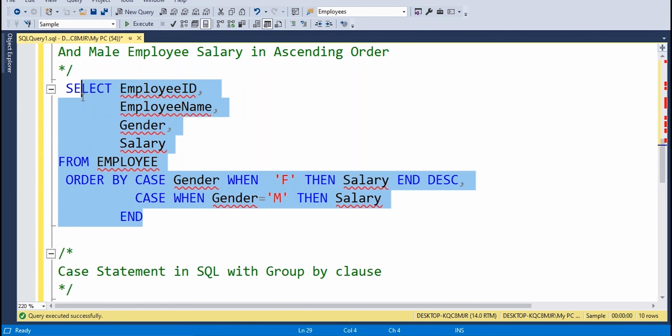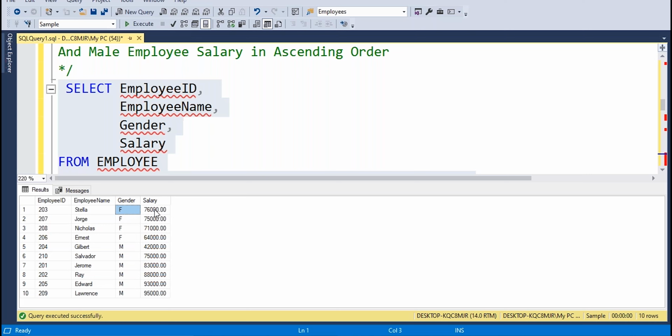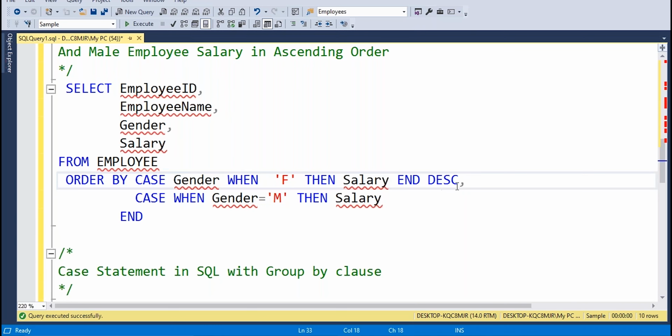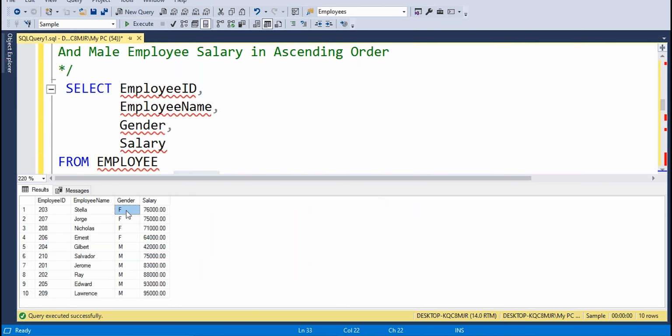Now you can run the query here. See, in descending order it is 76, 75, 71 and 64, this is the descending order. And for male also it is ascending from 4 to 9, and the gender is also displayed in ascending order. Like my gender is, you can observe CASE gender, gender F, then salary in descending order, but you can define the gender column as a default order. So the default order is ascending order. Like ascending order on the gender column, F is the first letter and M comes after, like 6 and 13 or 14, right? Based on these numbers the result will be calculated.